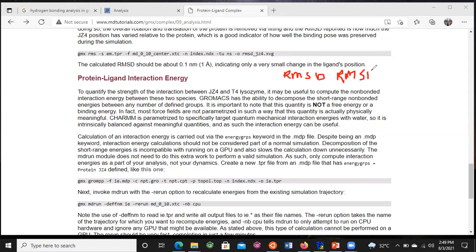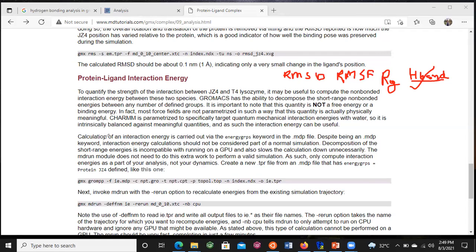And RG, radius of gyration, and hydrogen bond. That is the H bond. These four types of command will be executed by me for the tutorial here.